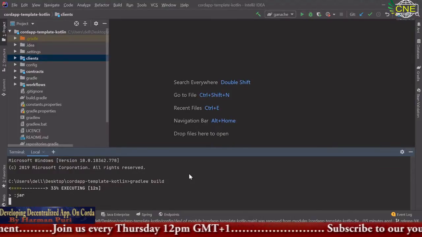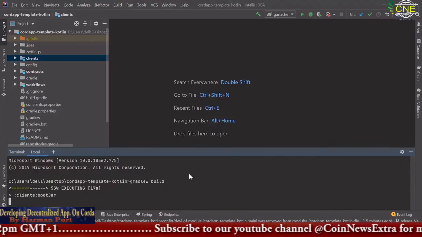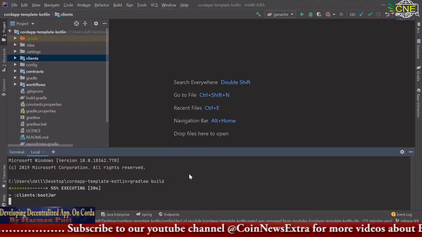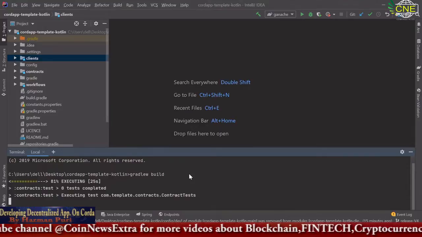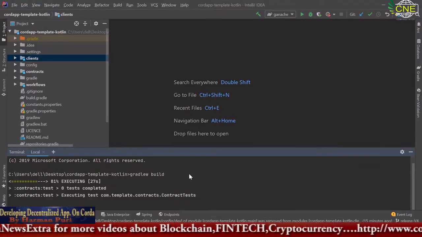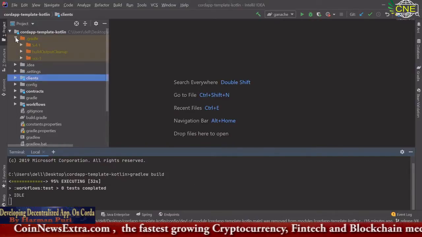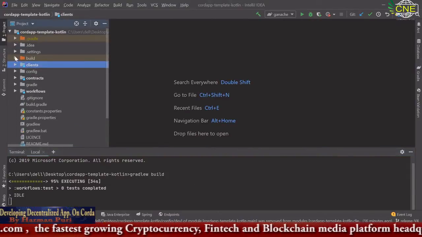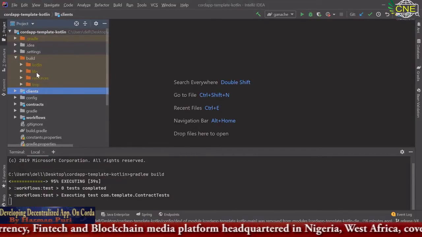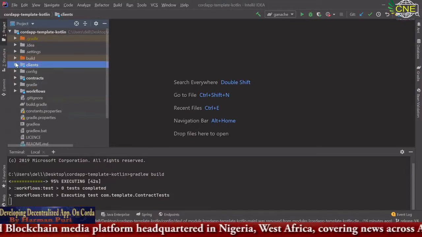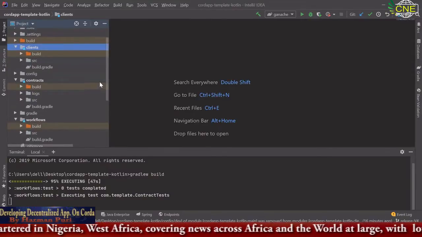What's happening is, when you do the build command, Gradle creates all the folders, or the configurations that are mentioned in the configuration files, and develops a skeleton of the Corda app. So when you run the build, this build folder will be formed. See, a build folder where you will find the information regarding all the resources in clients also, in contracts and in workflows.